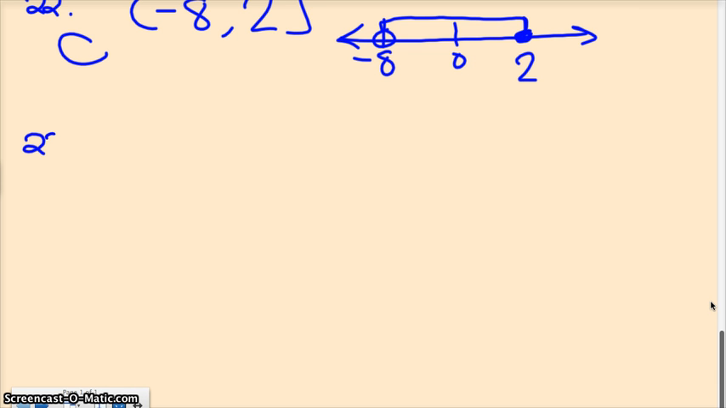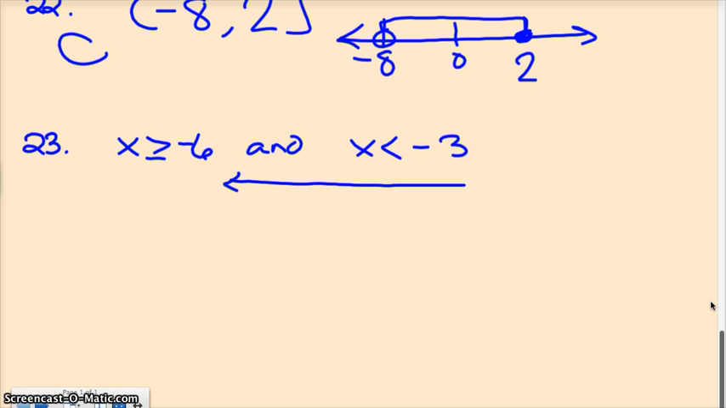23. How would we write x is bigger than or equal to negative 6 and x is less than negative 3 in interval notation? First thing I would do is graph it. 1, 2, 3, 4, 5, 6. Okay. So I have bigger than or equal to negative 6 right here, less than negative 3 is right here,